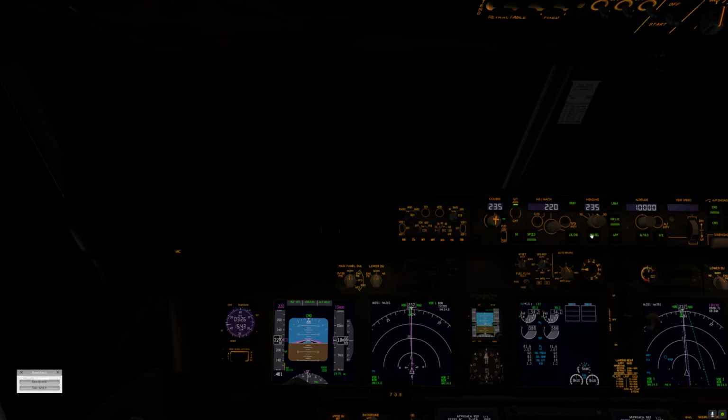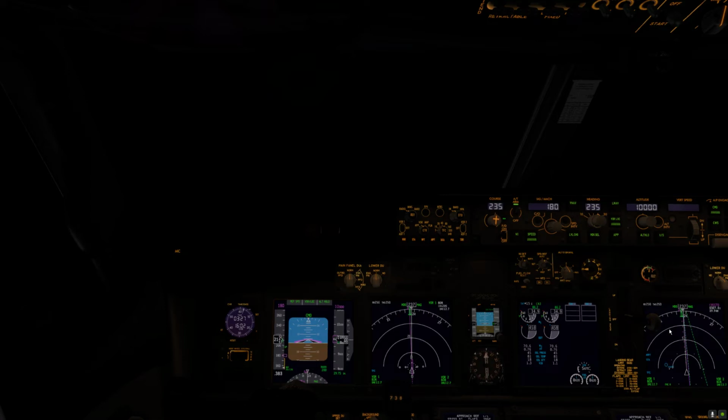Zibo 7378. Descend to 7,000 feet. Descend to 7,000 feet. Zibo 7378. Good morning, stop at 781 flat over 390. That's fucking good. 781,